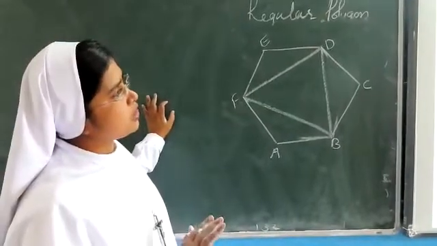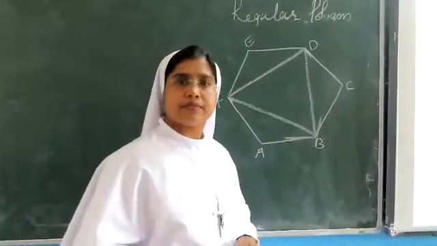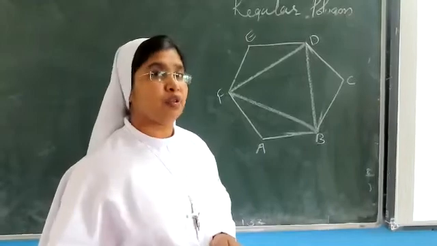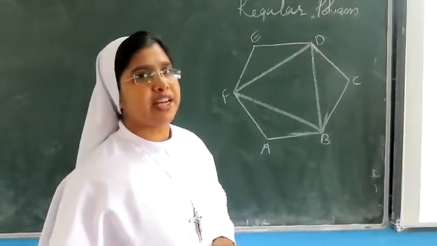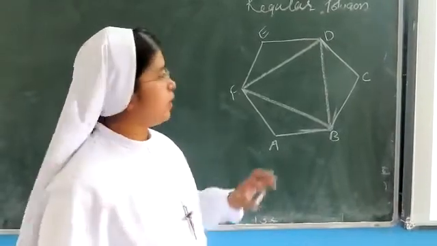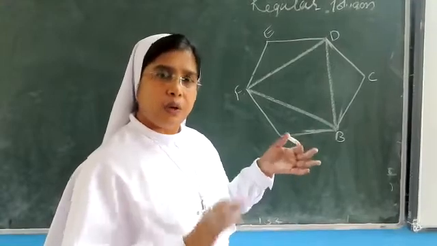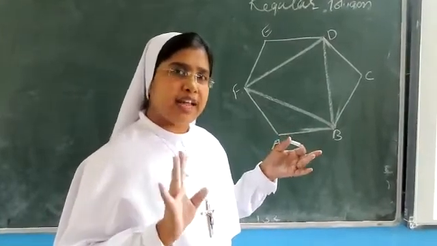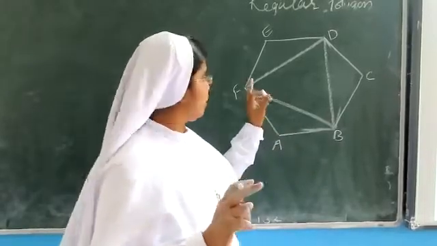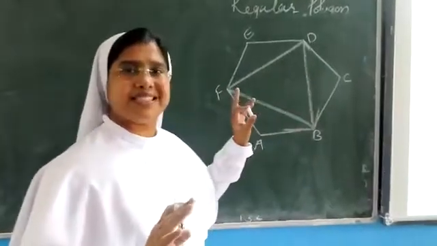Okay. So now what is special? What do we have to prove? It is an equilateral triangle. Equilateral triangle means, do you remember? We have learned in chapter 1. What is an equilateral triangle? All angles are equal. All angles are equal means how much? The sum of the angles of a triangle is how much? 180. So all angles are equal means all have to be 60 each. The 3 angles also have to be 60 each.